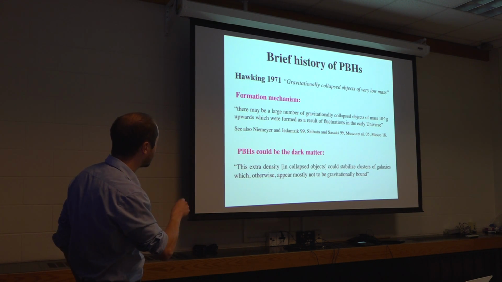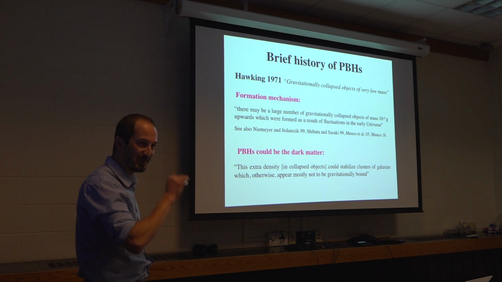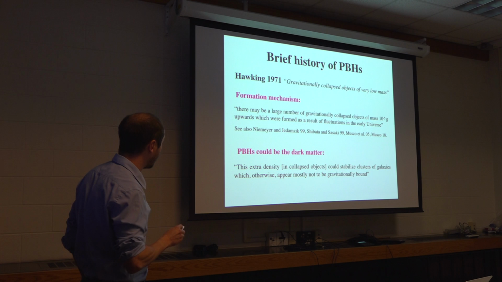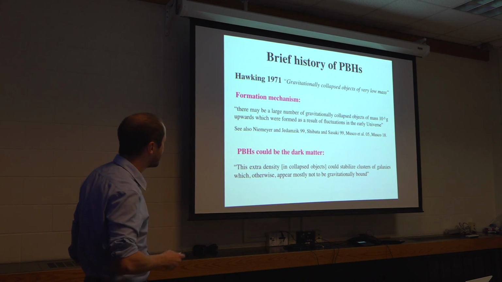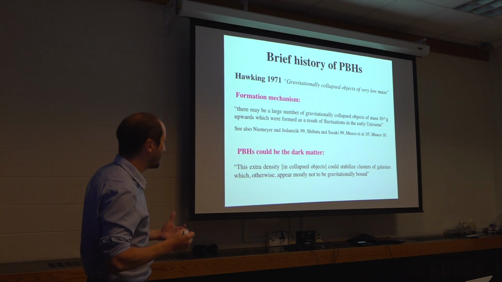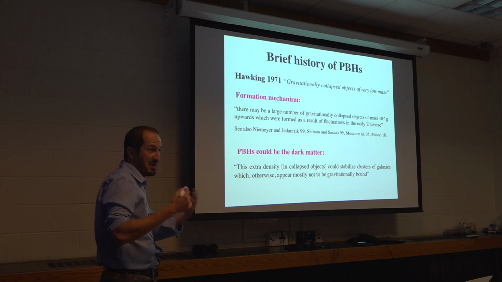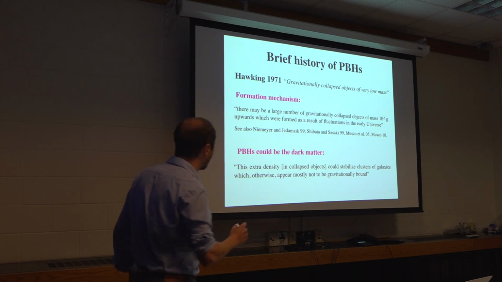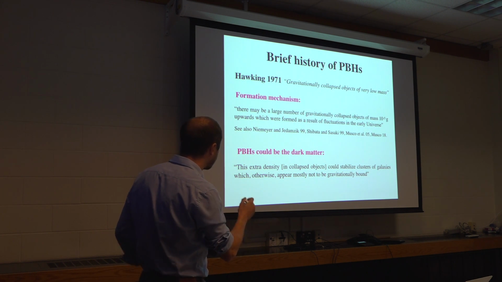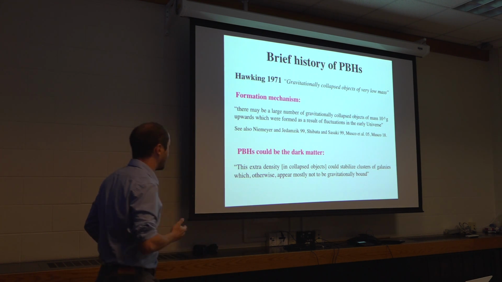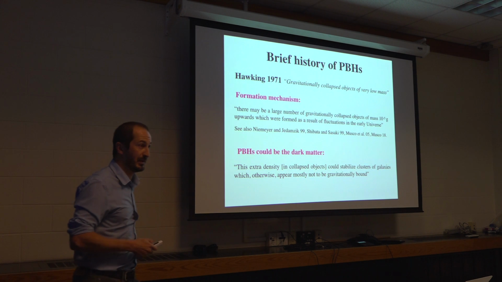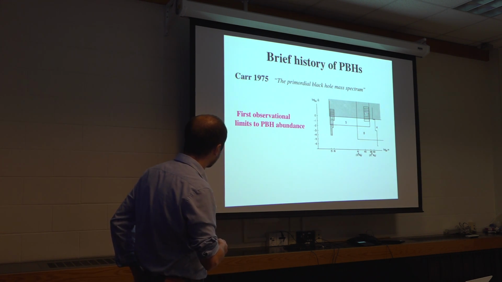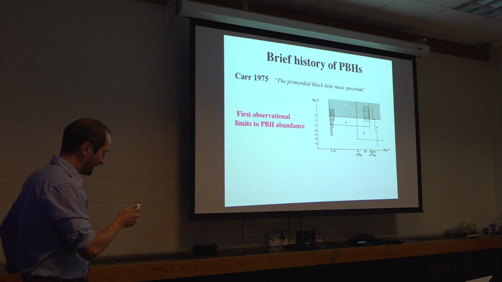And then the second part is that, of course, it's not said with the modern language, but he said that this could actually be the dark matter. At the time in the 70s, it was already known that clusters of galaxies had some missing mass, even though it was not necessarily yet formulated as the dark matter problem. And so he pointed out that this extra density could stabilize clusters of galaxies, which otherwise appear to be unbound. Another person who was very active early on in